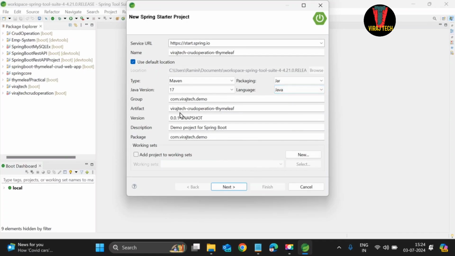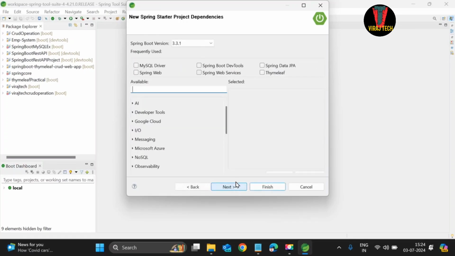After that, artifact name same as we will write in our name. Group name you can keep com.virajtech.demo, and same we can keep for package com.virajtech.demo. And after that, next, and from here we will select dependency,